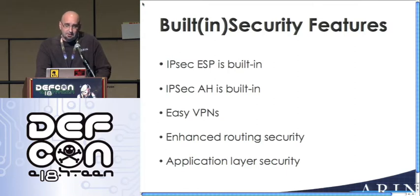You can use this to enhance your routing security. So you can have routers running BGP between each other using AH to make sure that there's no spoofing going on between those links, which can help shore up your BGP connections and other routing connections. It also can provide routing layer security. You can have your typical three-tier application, for instance, and use AH on the back end to make sure that all of the hosts are talking, they know who they're talking to. They're authenticating all those sessions. It's a lot like running SSL or something like that on your back end, but you're doing it down at the IP stack. And it should be lower overhead. I think eventually you'll start to see hardware that supports accelerating this stuff, just like you see some TCP